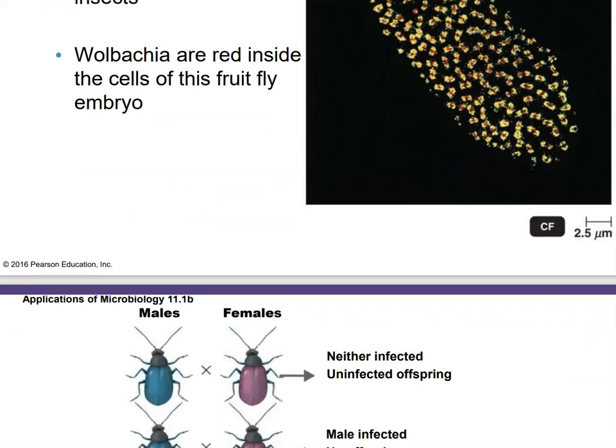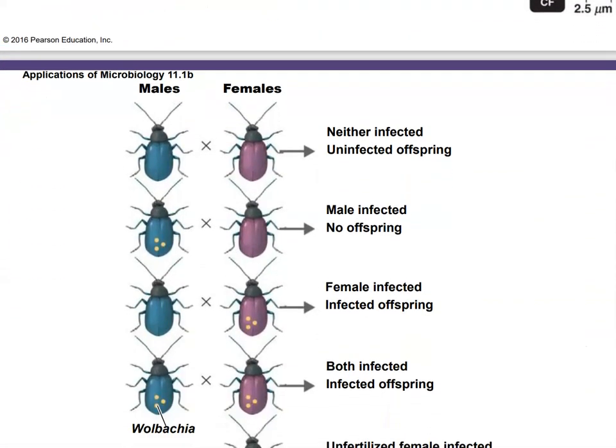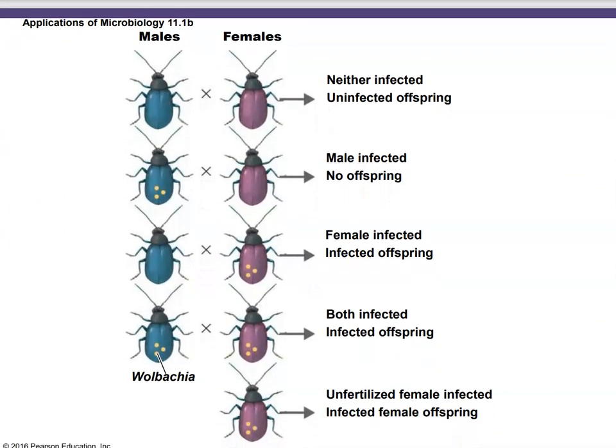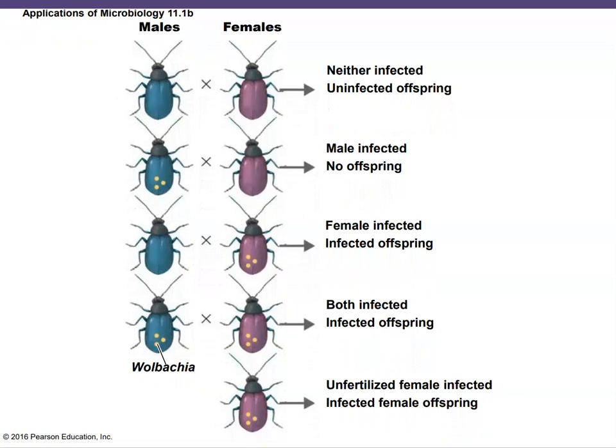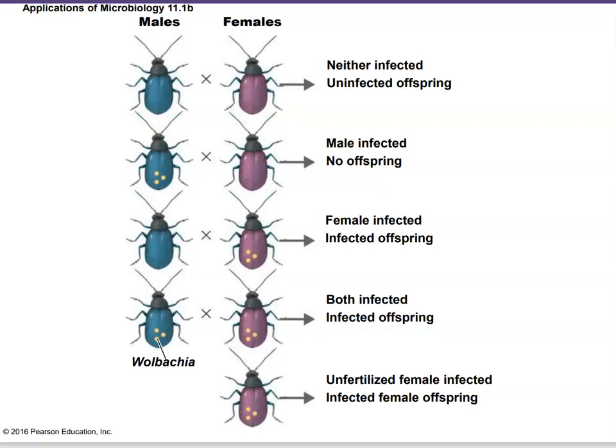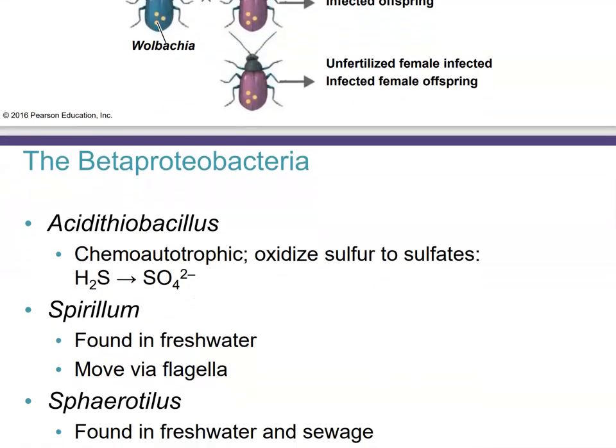And basically, I don't want to spend much time on it, but you can use a bacterium like this that affects the reproductive cycle, the reproductive power of insects. You can control insect populations with that because you will basically create sterile females that are no longer producing the masses of insects that they normally would be able to. Okay, so